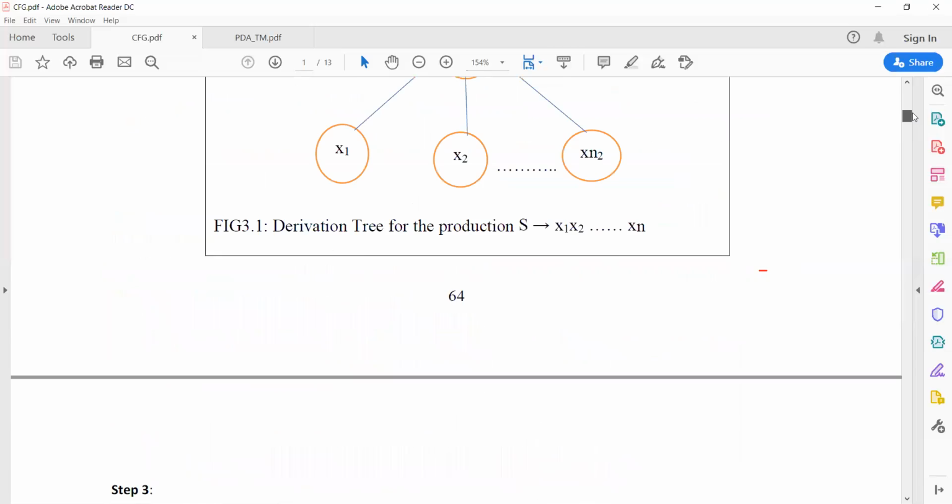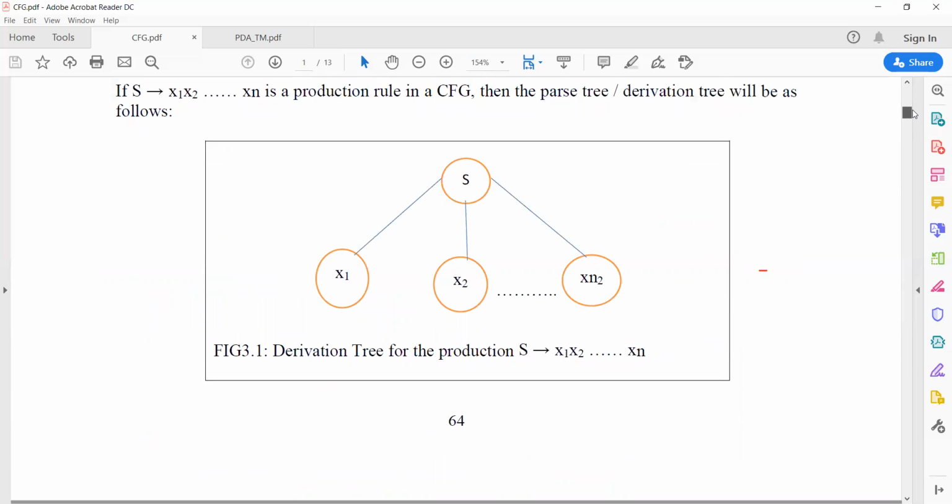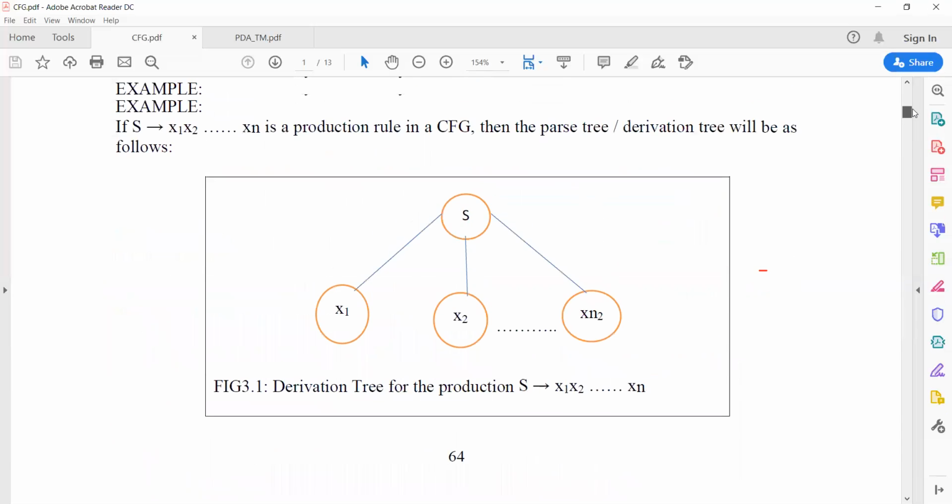Let us consider this is the parse tree or derivation tree. The production rule is S produces x1, x2, xn. So it will have an n-ary derivation tree. So the tree structure is n-ary, so from the root you have n number of children.